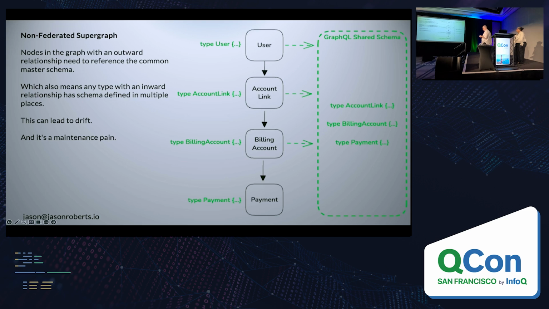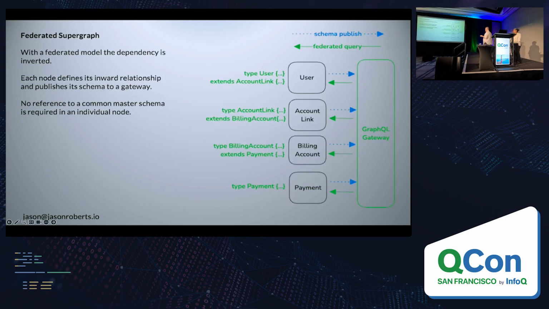It can lead to drift. This has to be a versioned component. But it does give you some performance scenarios where calling node to node is advantageous. The other way to do it is federation. With federation, essentially your schema is computed at runtime, whereas with stitching it's computed at build time.